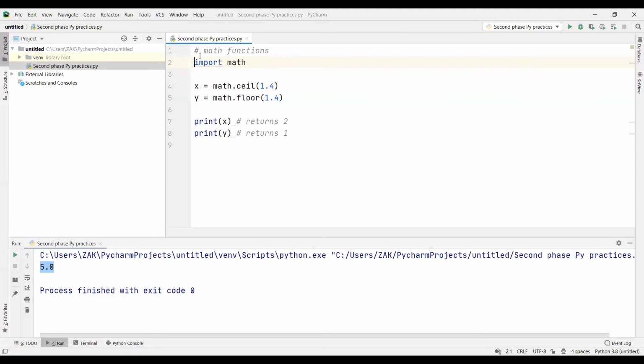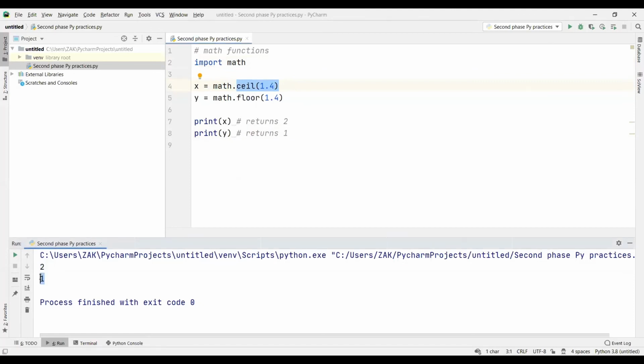अब देखिए, अगर आप सीलिंग पे जाएंगे तो 1.4 की सीलिंग होगी 2. अगर आप फ्लोर पे जाएंगे तो 1. ठीक हो गया. इसी तरीके से